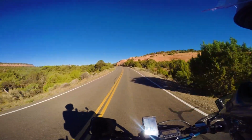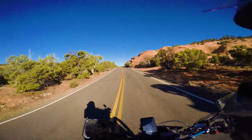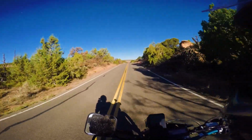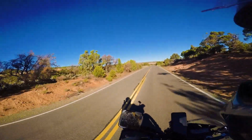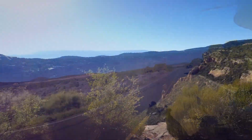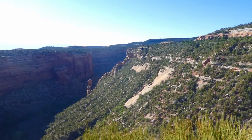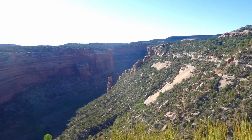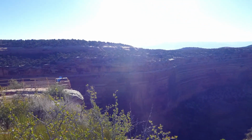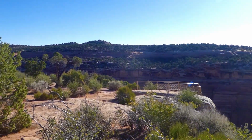So we're still on the Colorado National Monument here, and you can see the pretty red sandstone bluffs, and we'll soon be leaving the monument and heading back onto Glade Park, where we're going to continue our day. The overall route for the Best of Glade Park, there's another one of the canyon overlooks. The overall route is about 90 miles, and depending on how fast you're traveling and how many stops you make, it will take probably between 4.5 to 6 hours,